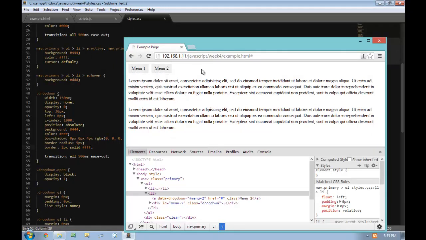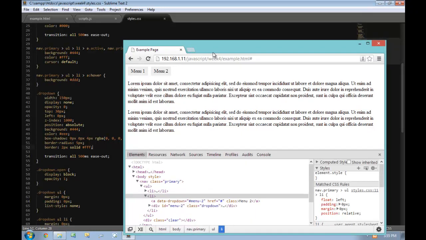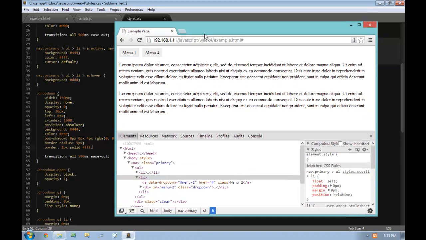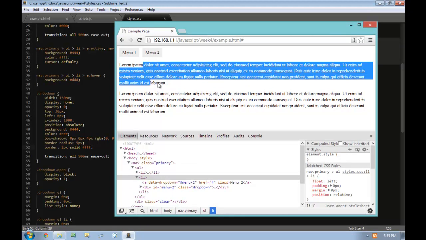Just to reiterate, the two cases that I would use this over a CSS implementation are, again, if you're having difficulty with your mobile layout not working correctly with mobile browsers, or you have a